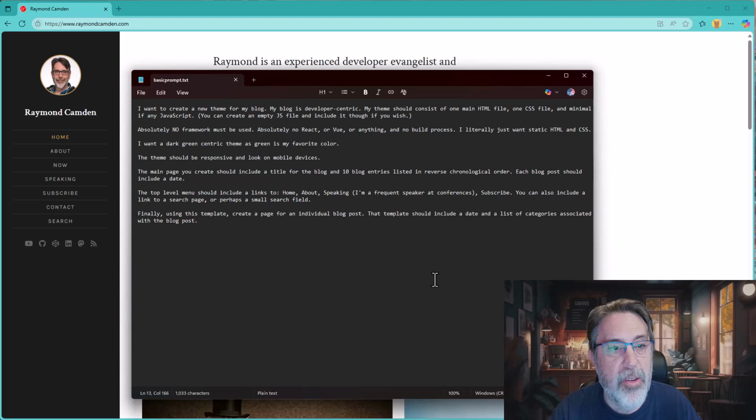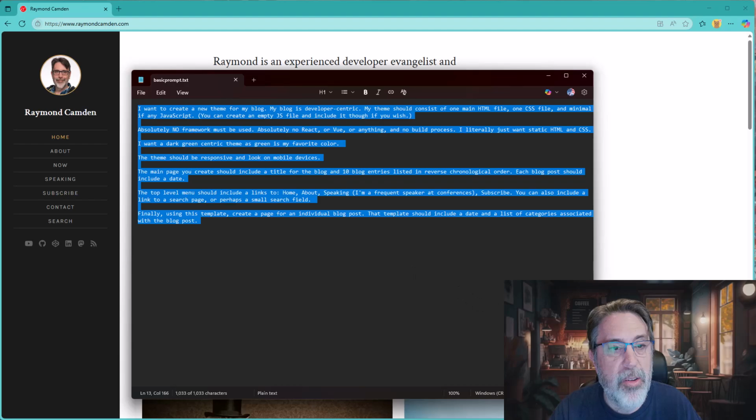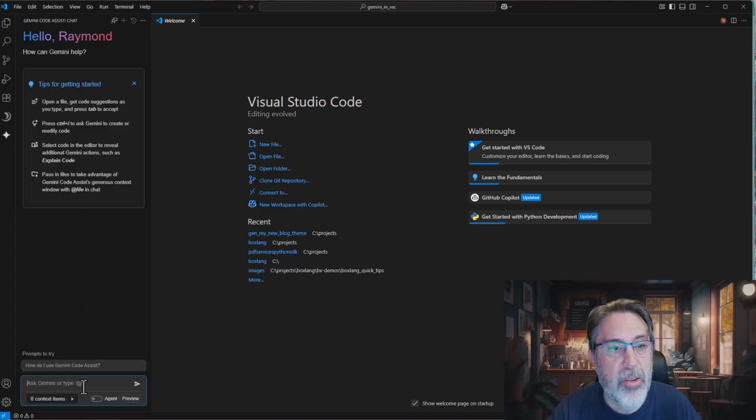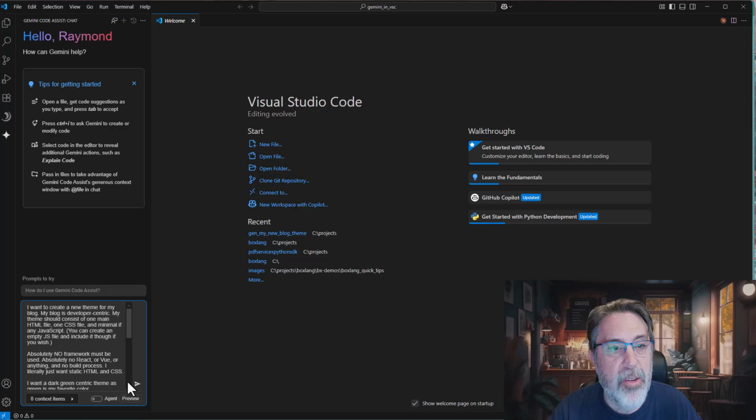Mentioned it should be responsive. The main page should have 10 blog entries in reverse chronological order, and each blog should have a date. Always have dates in your blog post. I mentioned the top level menu, including home, about, speaking, subscribe, also a search page, and then also a template for an individual blog post. So I'm going to copy that prompt and we are going to open up Gemini and paste that prompt in